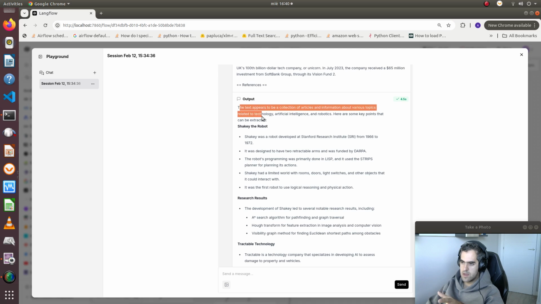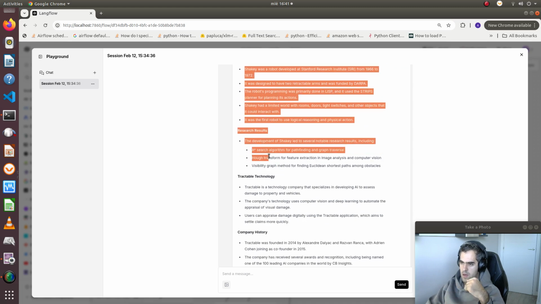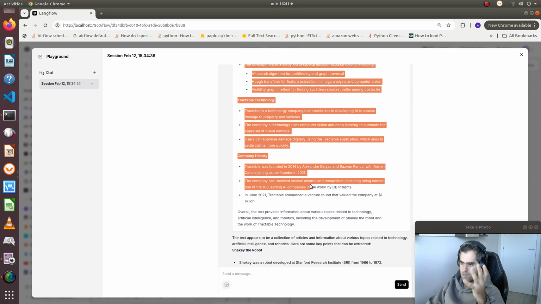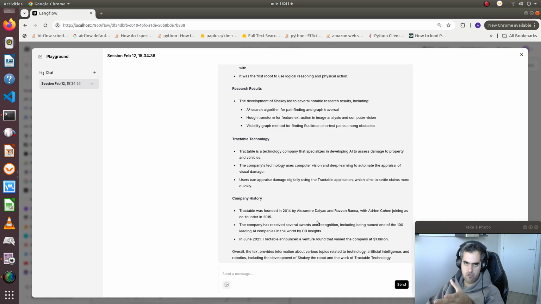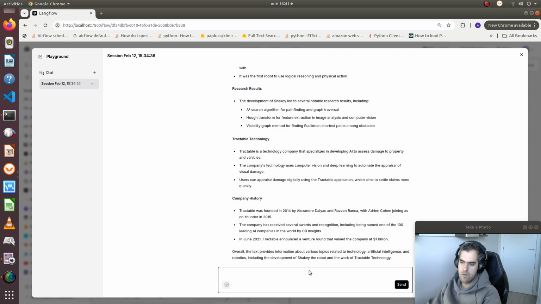The text appears to be a collection of articles, information about the different ones, which is basically Seki Robot, research results, tractable technology, company history. Okay, so this is something we could use as an introduction to master thesis, bachelor thesis, college work, or if we're doing some research internally on our company. That's something helpful because we see kind of a history, what's the evolution, which are 13 products or services that got the attention from the public, and now we're just gonna ask Archive,